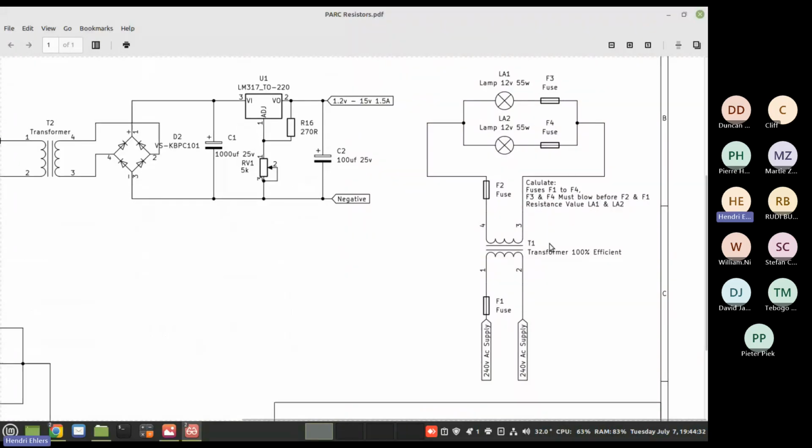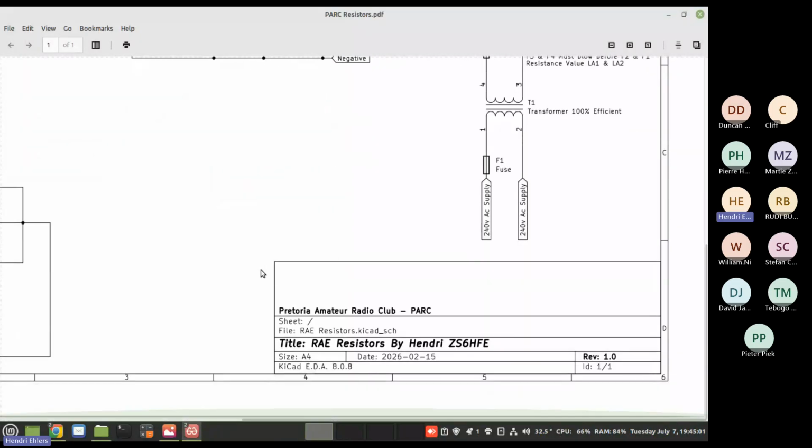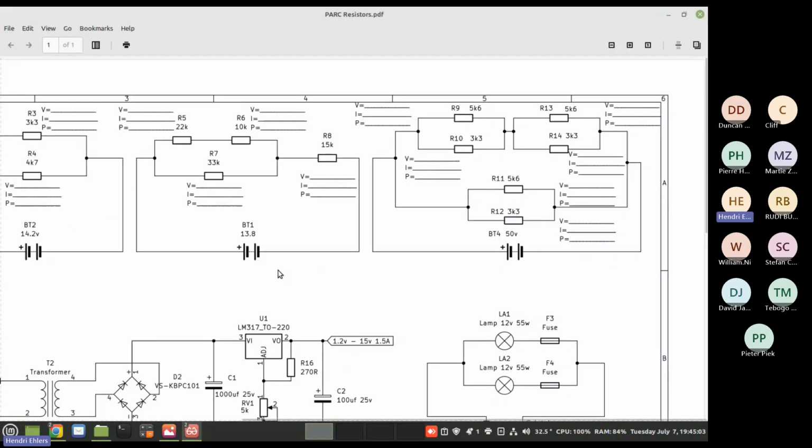In this circuit, look, we will still get here to transformers. There's two lamps, 12 volt, 55 watts. We need to put fuses in so that if any one of these lights blow, causes a short circuit, the fuse will blow, and this fuse won't blow unless there's a major fault so that both of these go over current. And then that's the one for the overachievers.